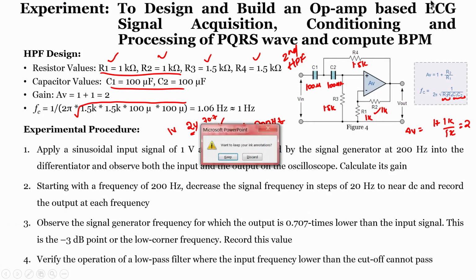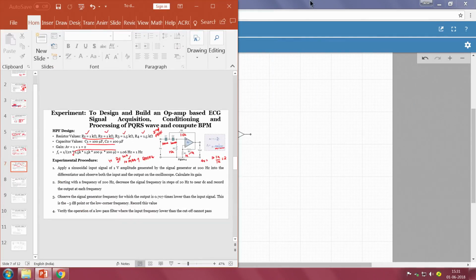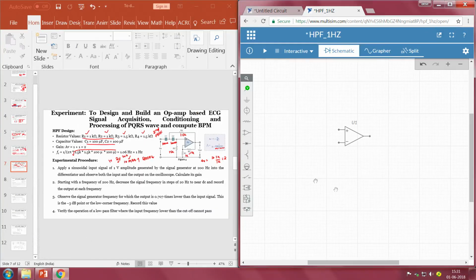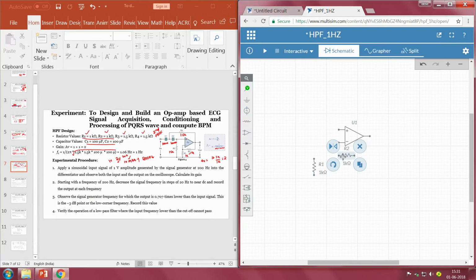So, I will use the same resistance values as well as the same R1 notations too. So, R1 I am keeping it here and rotating it, and I am also taking R2, this is R2. R1 and R2 are the same resistance value. So, I do not have to change the resistance, I will be connecting it here, negative feedback,